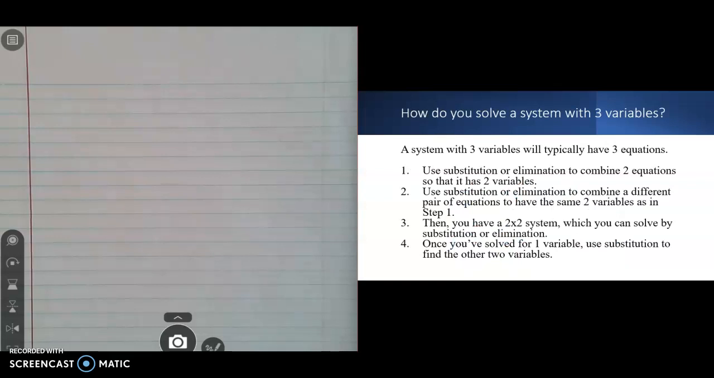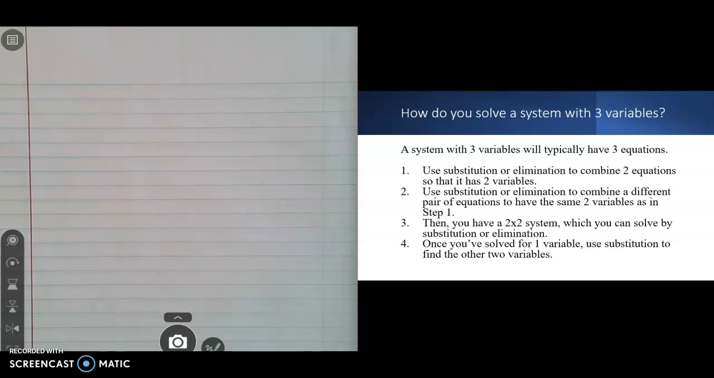So how do you solve a system with 3 variables? In general, if you have 3 variables, you're going to need 3 equations to properly solve them. So most of the time, you're going to get these 3 by 3 systems, 3 variables and 3 equations. You have your choice. You can use substitution or elimination, whichever one you like better, or whichever one best fits the situation that you're in. You can use substitution or elimination to combine 2 of your equations so that you just have 2